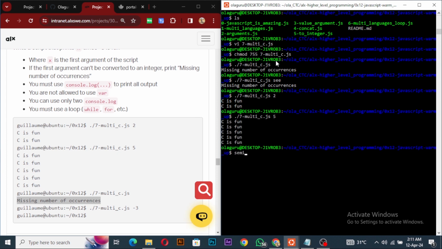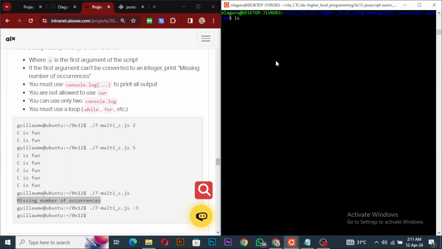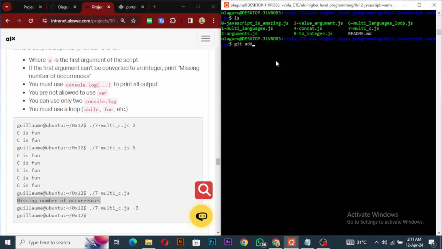So let us run our semi-standard. So we're good, and then let's just git add, git commit,